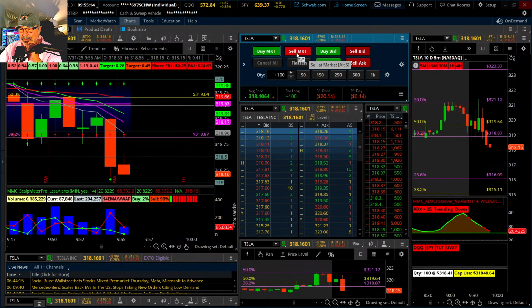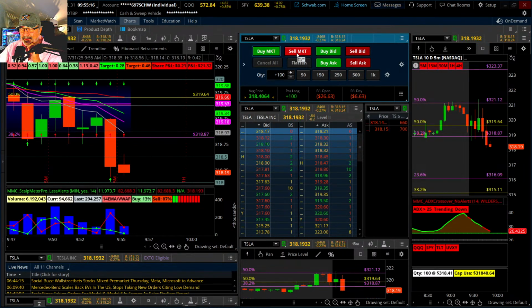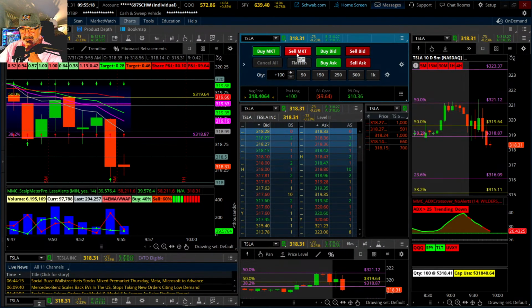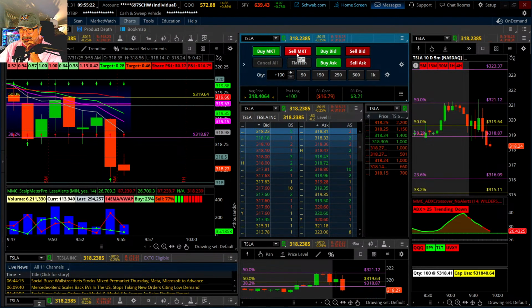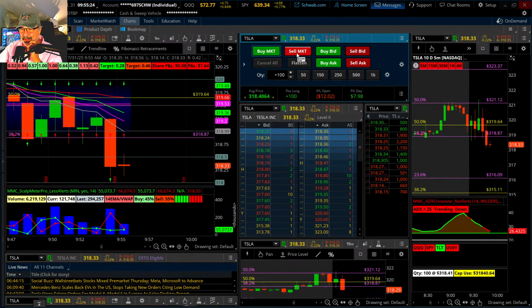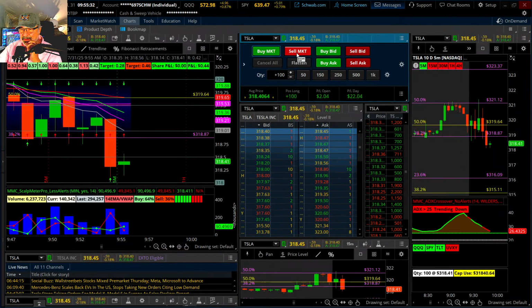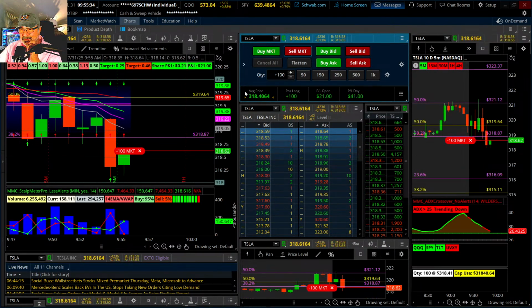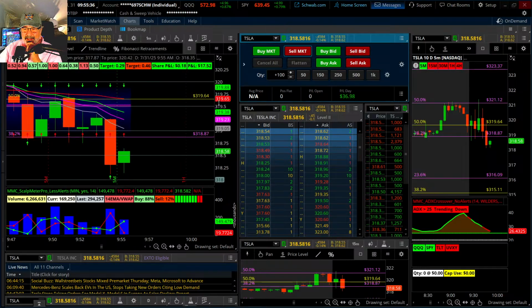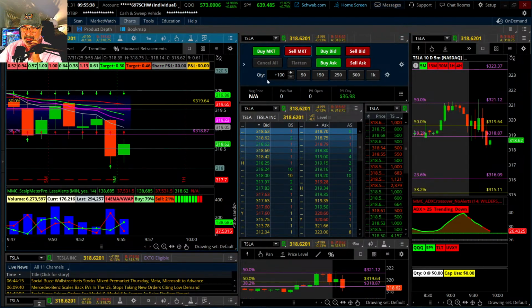Could have got out a couple times for shorter money. Trending down, market's going down. Risky position here. Don't think I want to add if it gets too far out of my position. And there we go. So we got a $16 trade on that. Market didn't give me the best, but